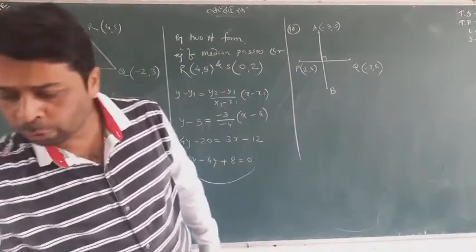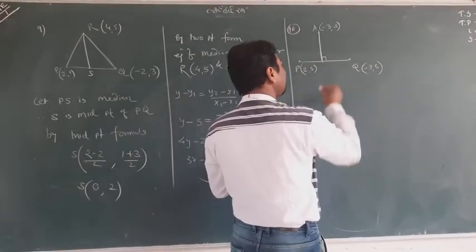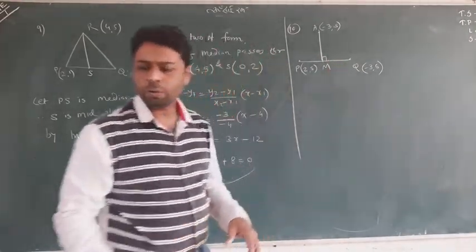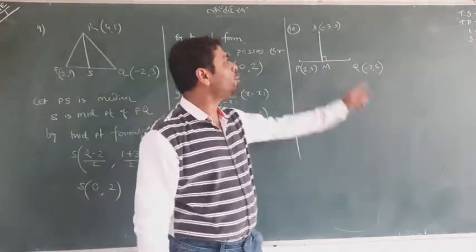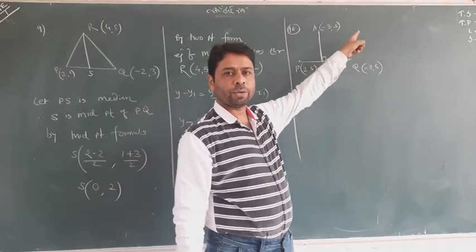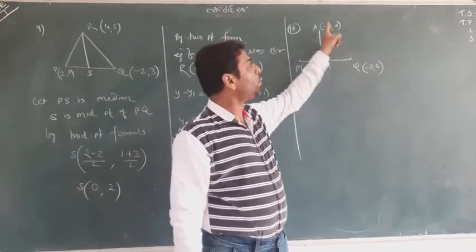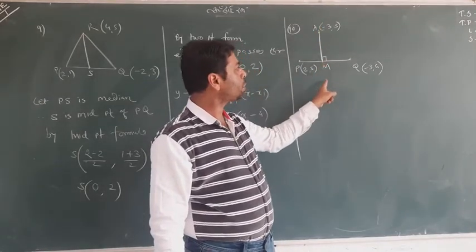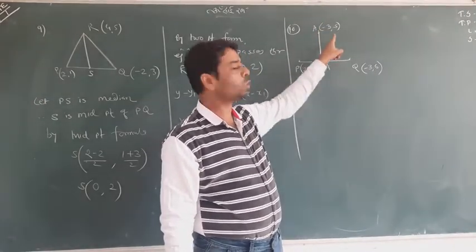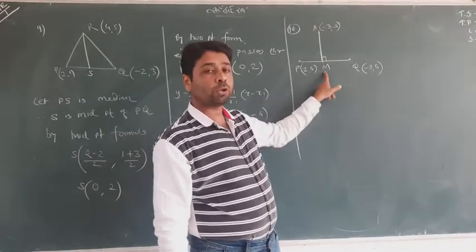Or if you don't want to give the name AB, it doesn't matter at all, give it M only. Now let me explain one thing: you have to find the equation of the line passing through (-3, 5) which is perpendicular to the line PQ. The required line is passing through one point, which is known, but the second point M is not known.